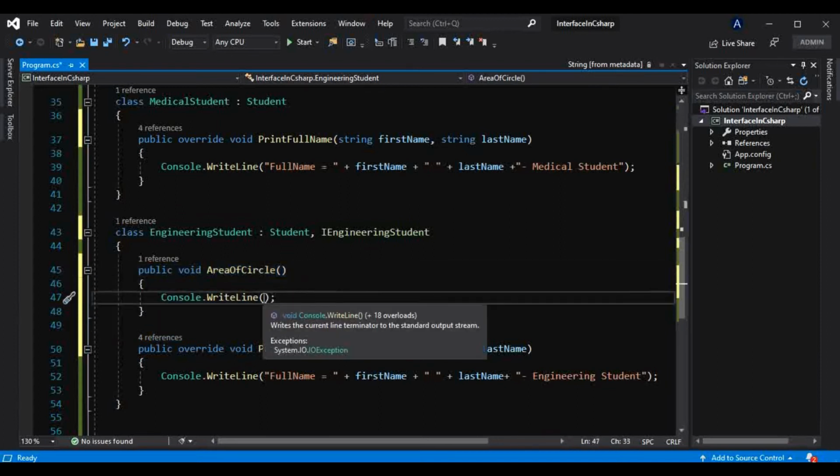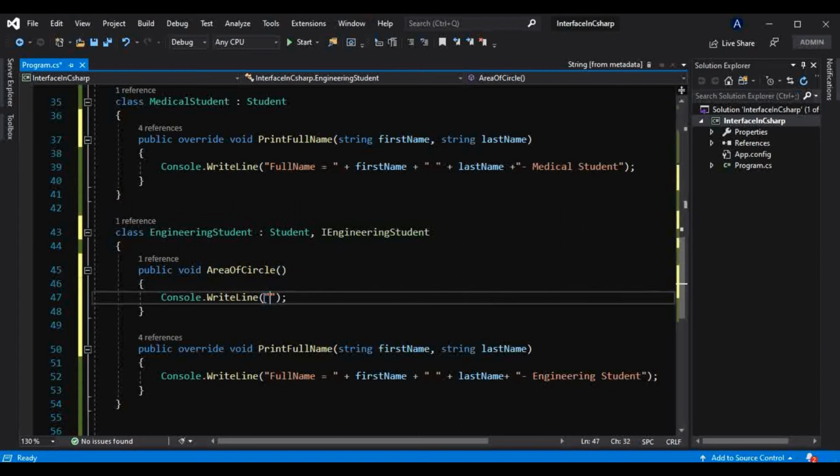Okay, so I will take one simple message here: area of circle method implemented in engineering student class, like this.